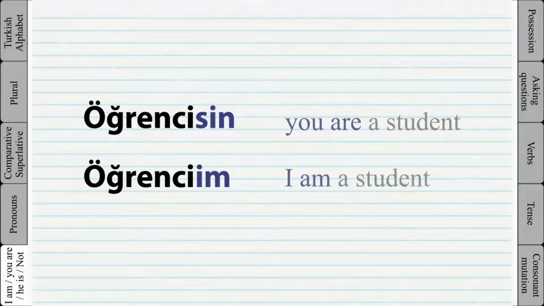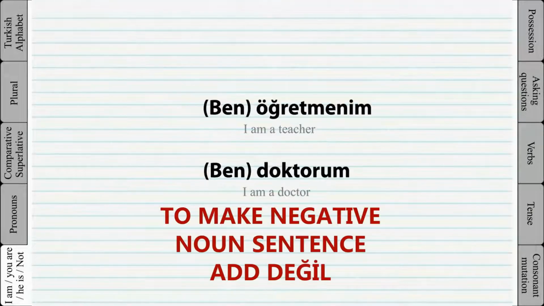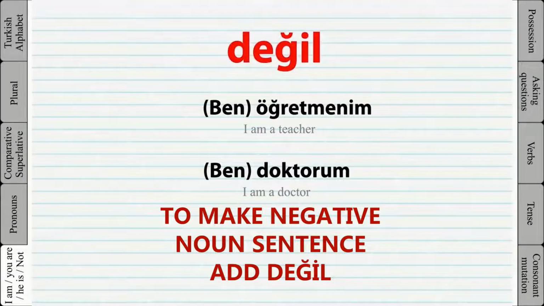Let's look at the second example. I am a student. As you can see, the last vowel of the word is I, and the personal ending is also I. When we have 2 vowels after one another, a letter Y should be used between the 2 vowels. To negate, simply add the word değil between the word and the personal ending. Example,